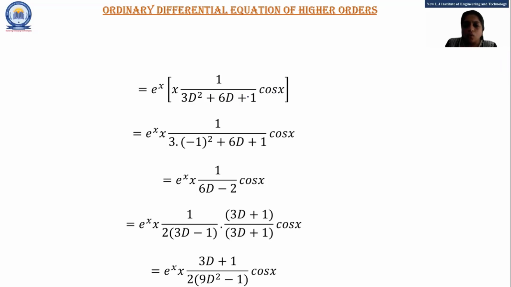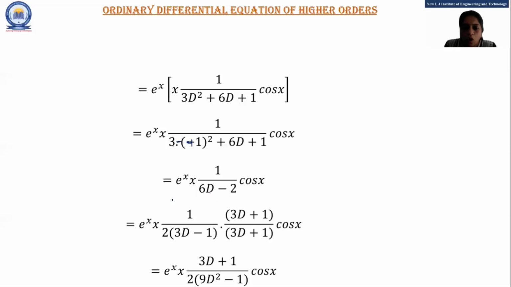So for case 2, I have to put 1 in the D square of D and a minus sign before that. This minus sign is not in the bracket, it is outside the bracket, right? So minus 3 plus 6D plus 1. So this is 6D minus 2. Okay. Now we want D square in the denominator. So I am taking the conjugate.